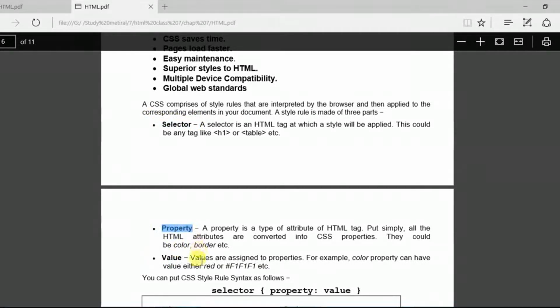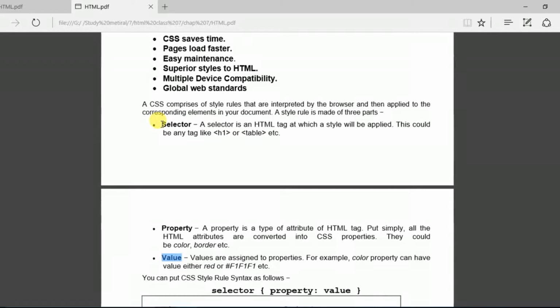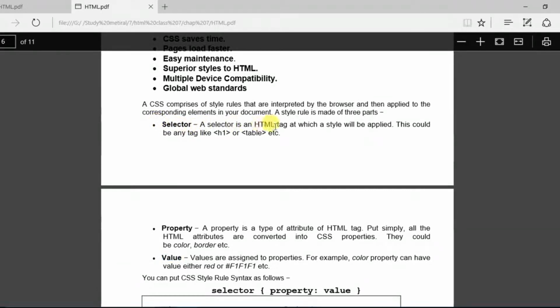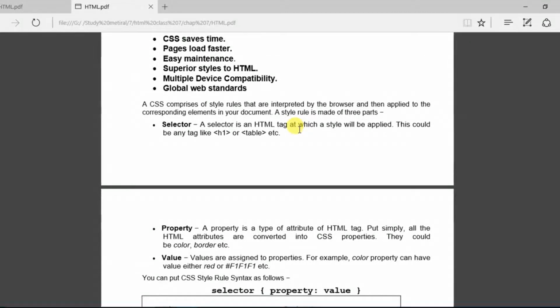So let's understand what the selector is first of all. A selector is an HTML tag to which a style will be applied. Like if you want to apply a red background color on the H1 heading text only, then H1 will be our selector, or any other tag on which we want to apply the properties is known as the selector. The second component we use in CSS is the property.